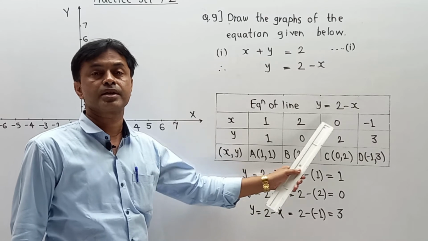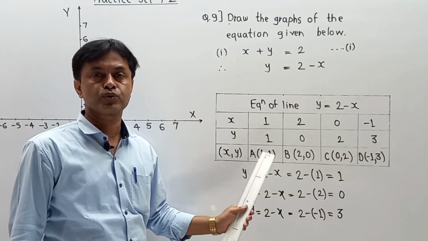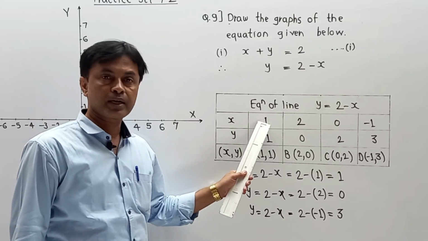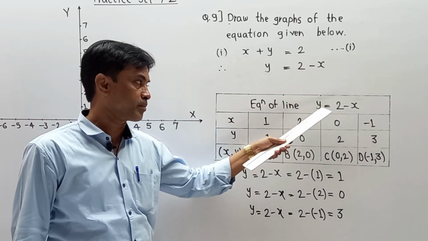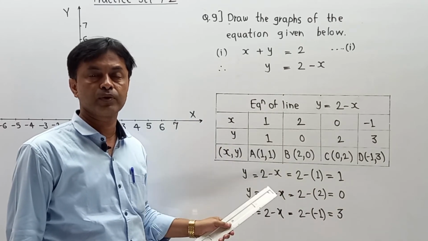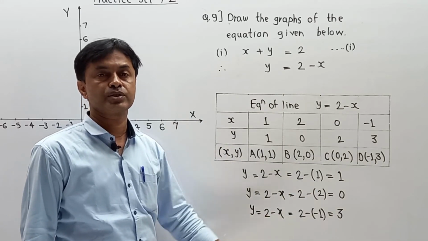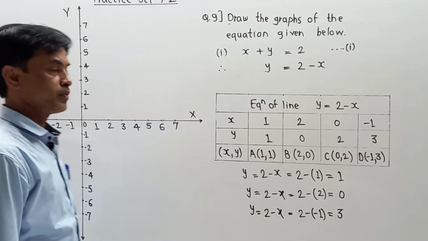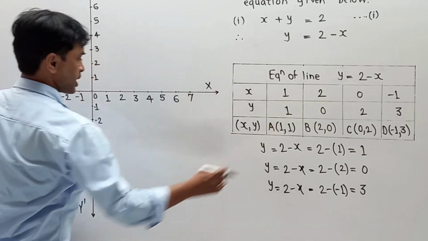First, the value of x is assumed by us. It is close to 0, 1, 2, 3 or 0, -1, -2, -3. After that, putting the value of x into that equation, we are able to get the value of y. Automatically, we make the combination of points x and y over here. That gives you points of that line. Starting from that, A (1, 1). So the first point is A (1, 1).